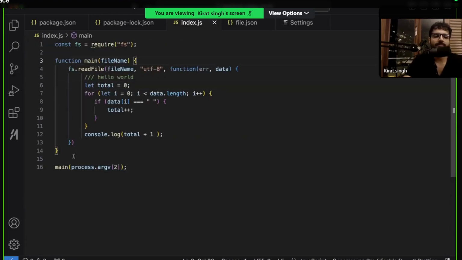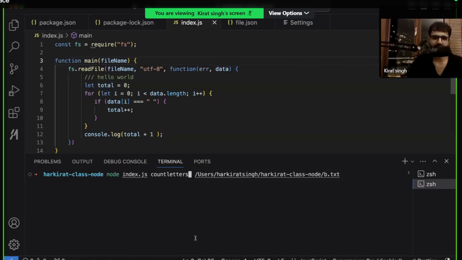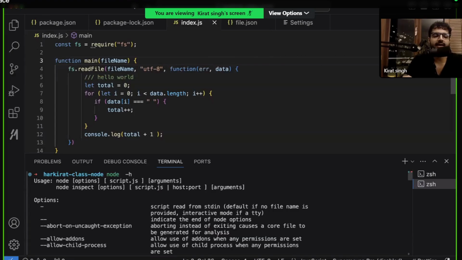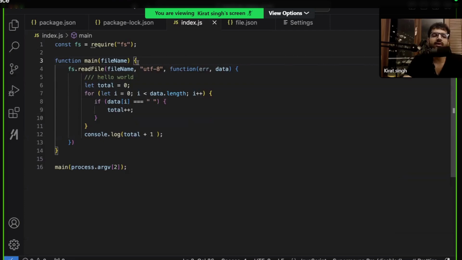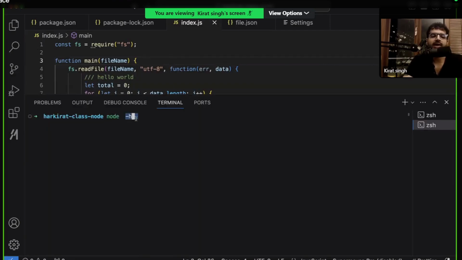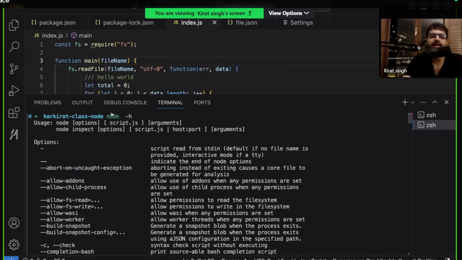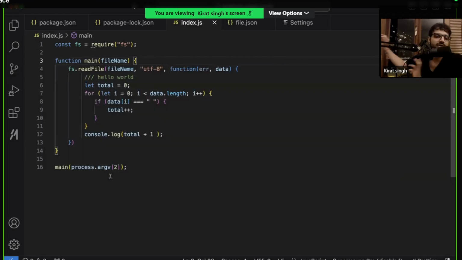You can totally, if you want, create your CLI yourself. You don't need an external library like Commander. But the external library gives you some easy syntax. The biggest thing it gives you is that it automatically adds this help function, so that just like node CLI gives you all the help that you need in the world, your own command line interface will also have this -h flag that people can pass and see everything that your CLI supports. That is why you might want to use an external library. As you saw, you can create it without an external library as well.